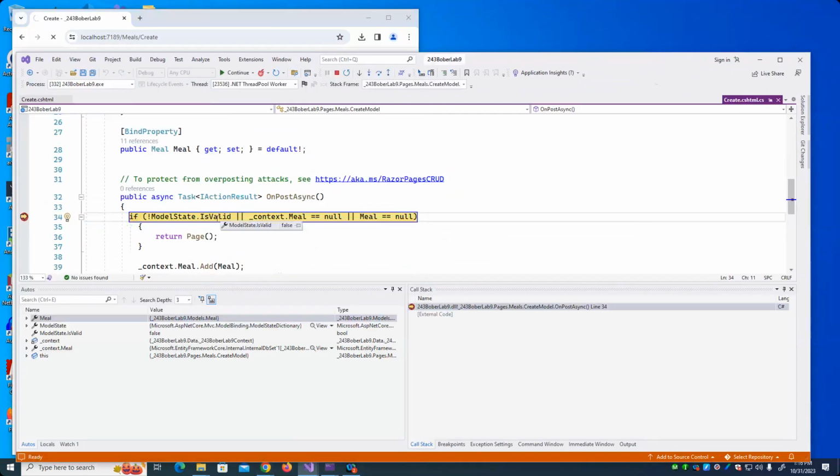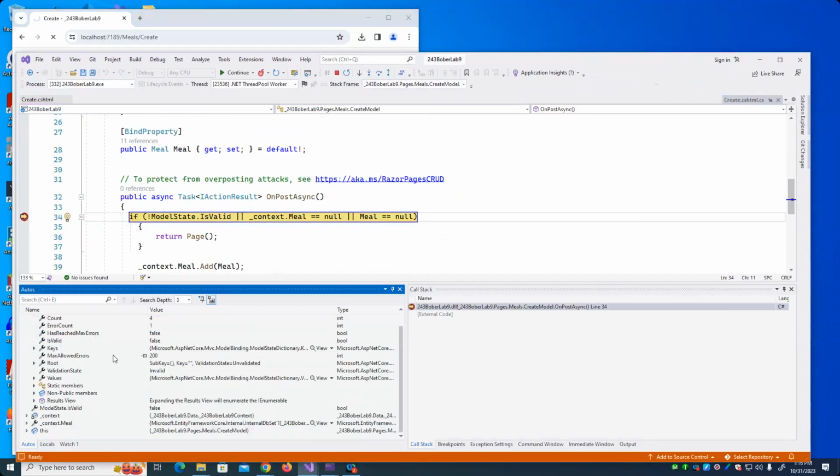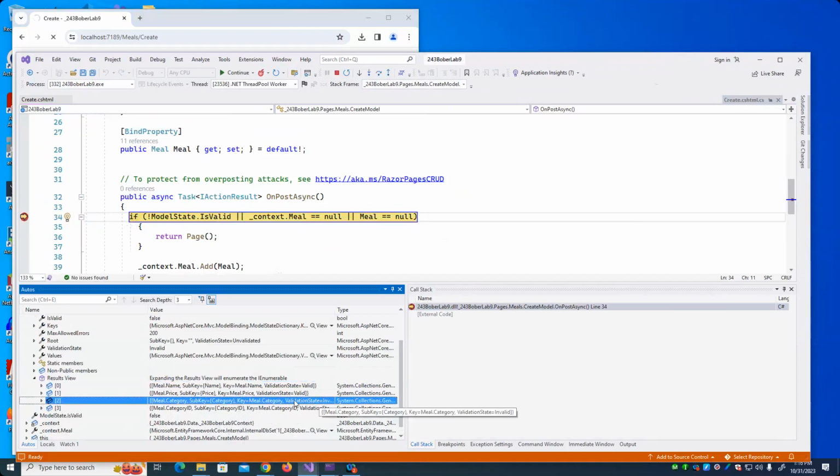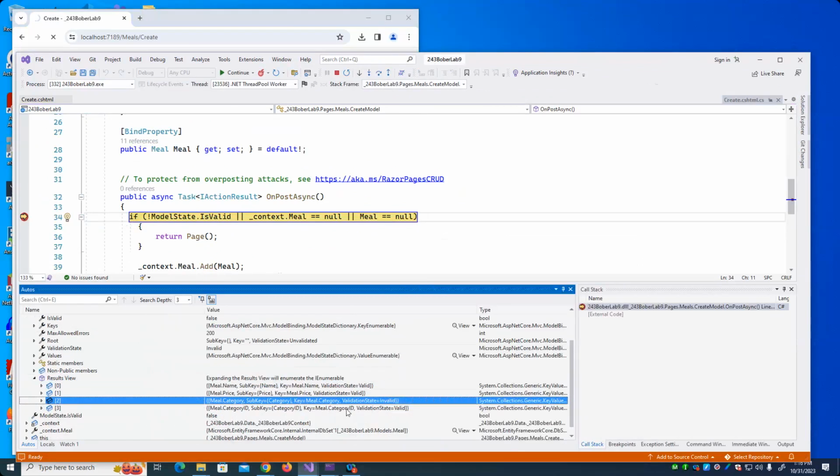All right, model state is invalid. We've come to expect that. Look at the model state. Results view is saying that there's a problem. Wish I could expand this a little bit more. It says that